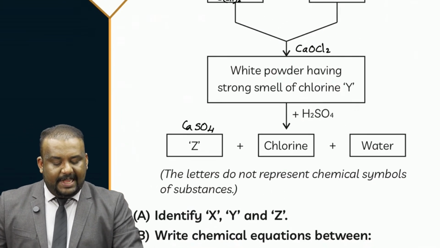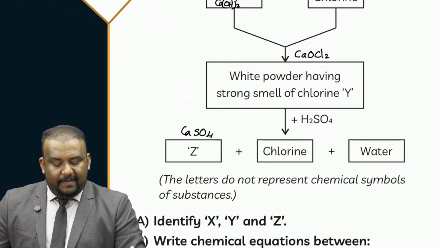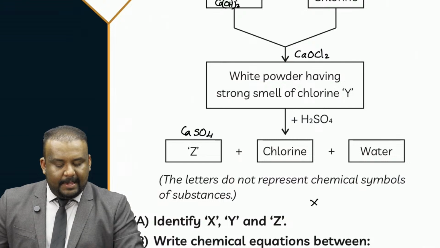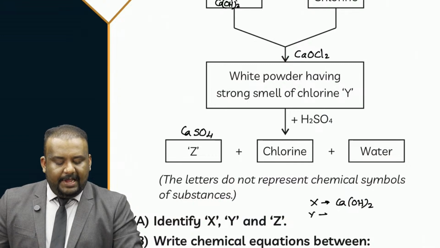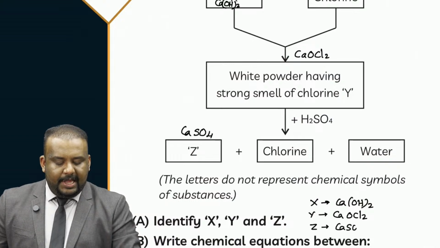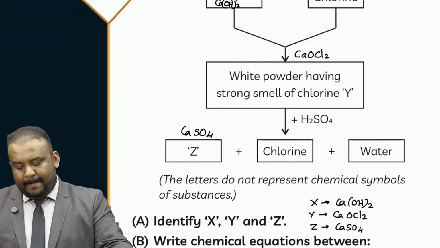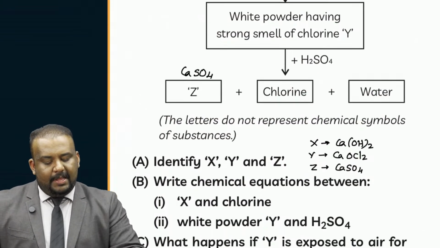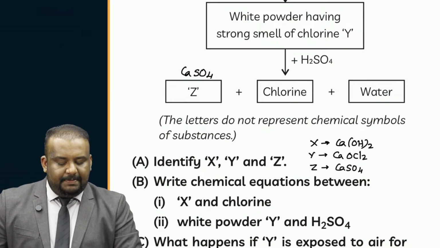So they asked what is X, Y, and Z. So we identified each of them. What is X? X is slaked lime, dry slaked lime. What is Y? Y is bleaching powder, CaOCl2. Then we have Z, which is CaSO4. So all the substances are identified. Now, write the chemical equations between